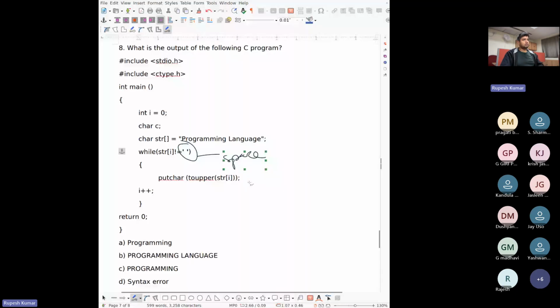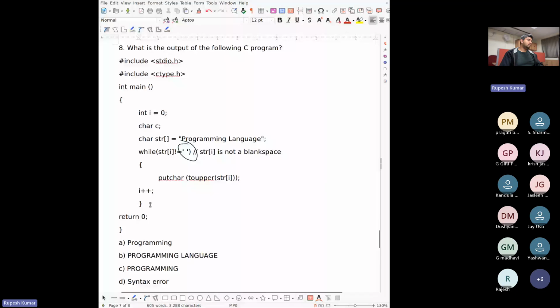Fine, everyone. Now, while str at i is not equal to space, so basically str at i is not a blank space, what do you have to do?